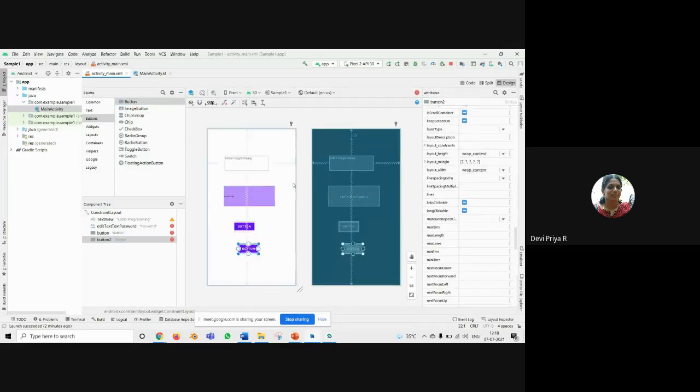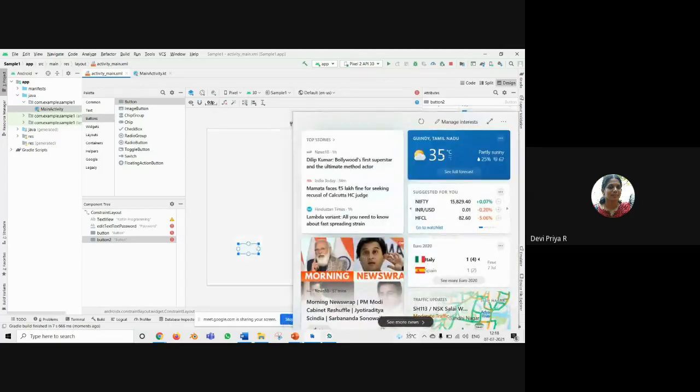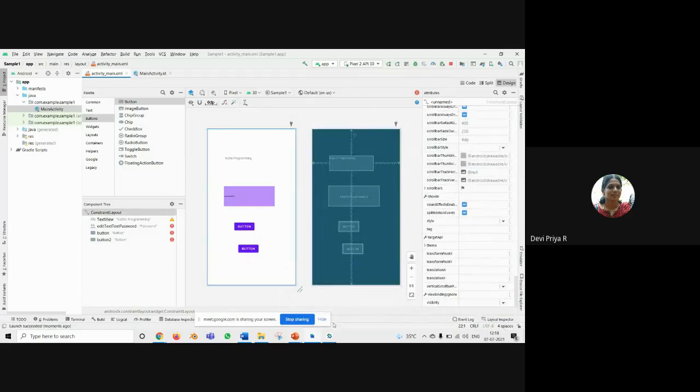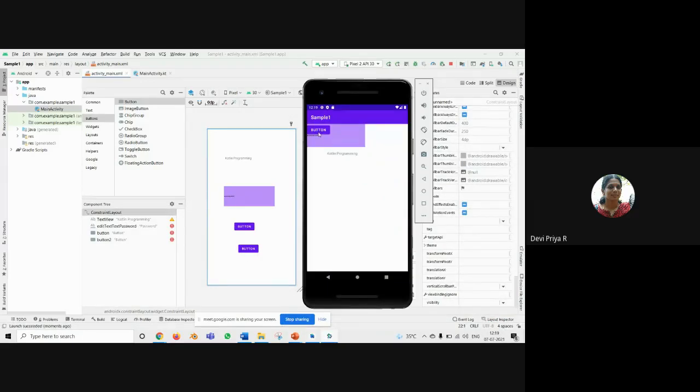But if you create all those things, and after running this, you have to stop this app and again start. Only then your new changes will be visible. So Gradle build is running. See, the buttons are all positioned here.